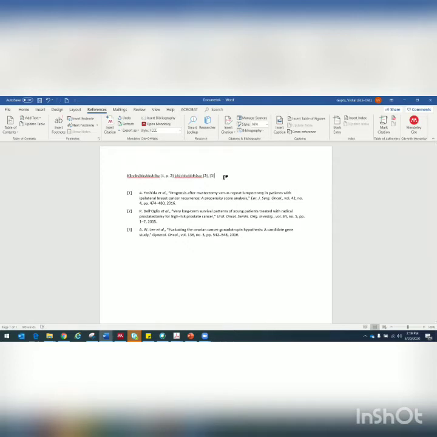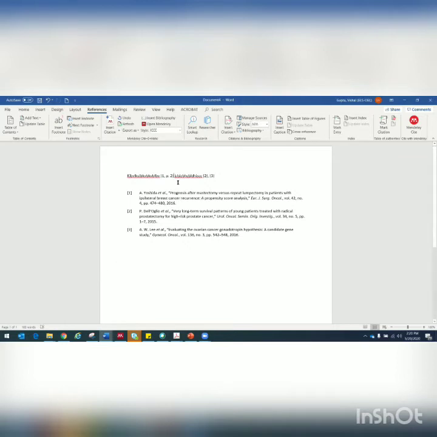Now, what if you need to delete a citation? What if the reviewer tells you or your friend tells you that you need to remove citation number 1? What will happen if you remove citation number 1? This 2 will become 1, 3 will become 2, here also and here also. If you have done this manually, you need to edit all the numbers manually one by one, which again, some of you might be still doing, right?